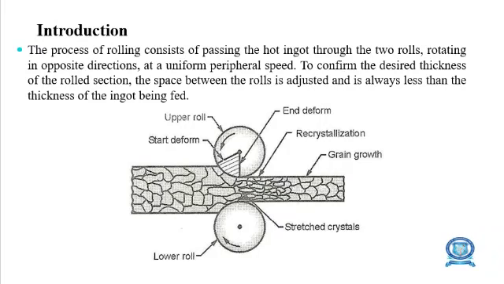When a metal passes through the rollers, there is a change in its grain structure due to the skewing. The grains are elongated in the direction of rolling, and the velocity of the metal at the exit is higher than that at the entry. After crossing the zone, the grain is refined.